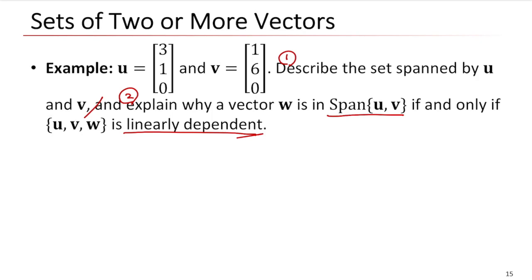First of all, what was the span? The span means the whole set of possible linear combinations of the vectors u and v. Let's say the scalar c times vector u plus scalar t times vector v, where c and t are all kinds of real values. So this is the span, right? Then